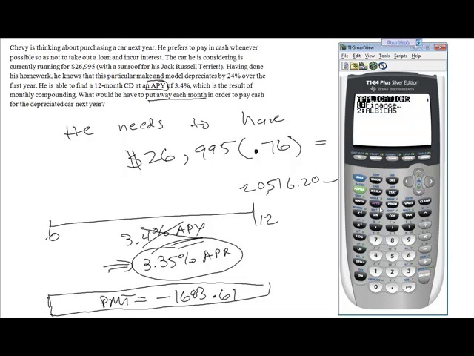Alternatively, one last approach that we can take to finding the total balance is in the finance app. You'll notice that below TVM Solver you have all these different things. And if you come down here and you select the sum of the principal, what that means is the sum of everything that's been put in out of pocket. So if I hit that, it'll take me back to my home screen, and now I need to select the range of payments. So I want to basically sum all of the payments from 1 to the 12th payment. And that also confirms that